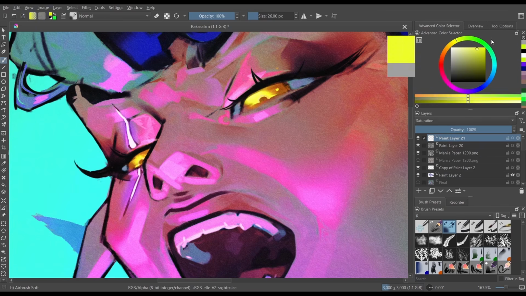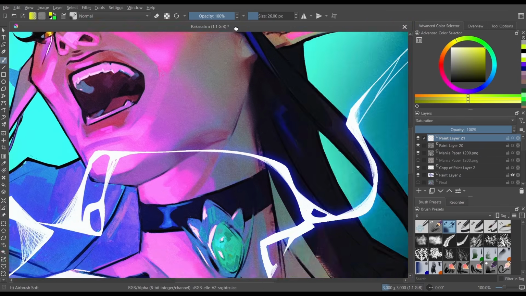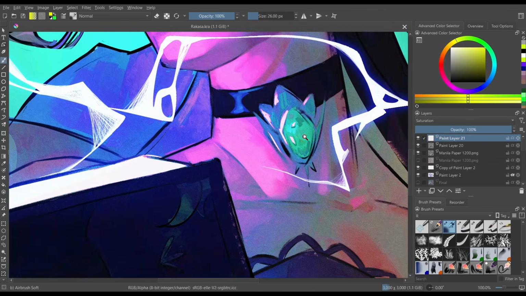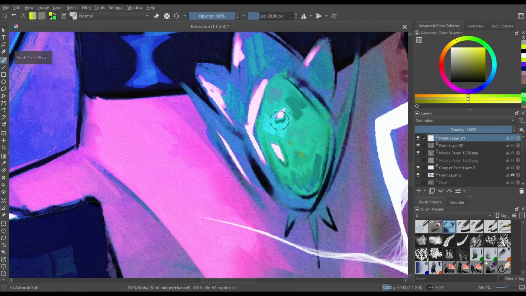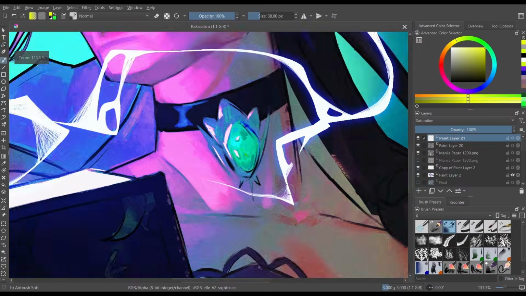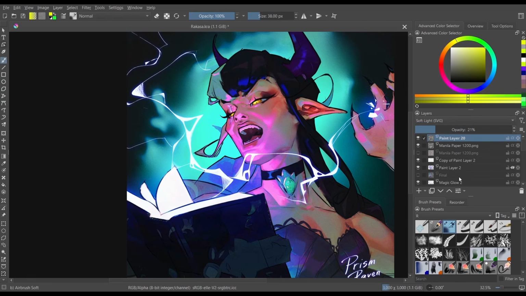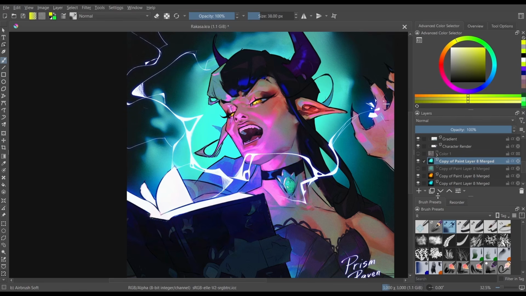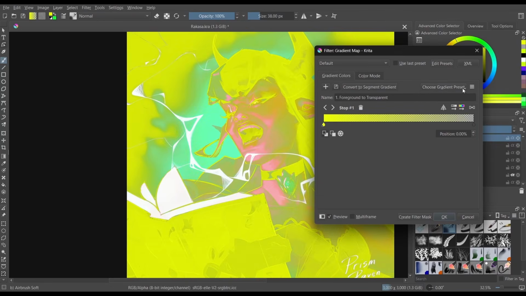Maybe you'd want the opposite and you want a more saturated tone, like in this part of the image. Just brush it on there and suddenly it becomes more saturated. Really cool. And sometimes I even just do a lot of random things whenever I'm bored or I want to pivot an image to a different look. Create a new layer from visible so we can have a flattened version of the image, and add a gradient map,